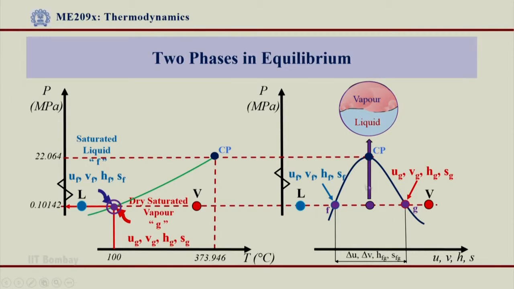condition on this line. So, if at all a situation arises where you find U lies between UF and UG, we know for sure that it is in two-phase condition, or S lies between SF and SG, we for sure know that we are in the two-phase zone. With this background, with whatever we have learned till now, let us try to apply these conditions to identify the zone in which a given P and T or whatever two parameter condition, two property conditions would lie.